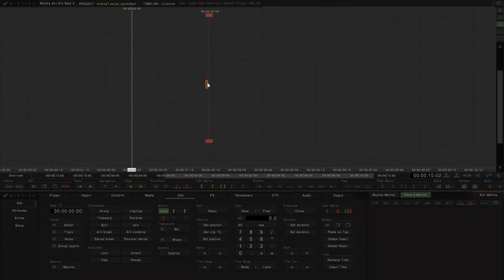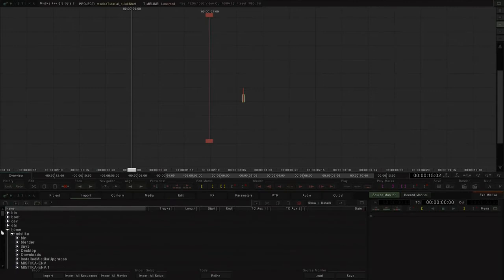the timeline. So to do that, I've already opened Mistika and I've got myself into a project. You'll see that along the control tabs, the menu tabs along the bottom, there's an import tab. So to import, we simply use the file browser navigator down here to find our way to whatever it is that we want to import. So I have a folder called Stuff here,